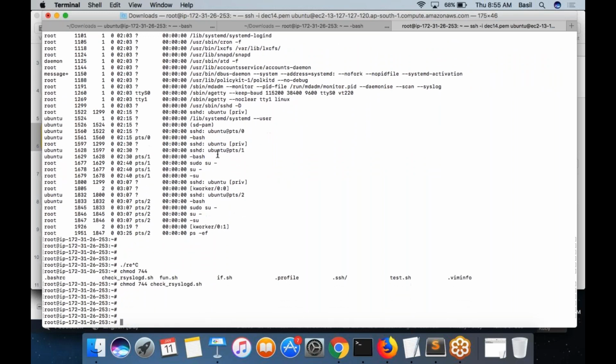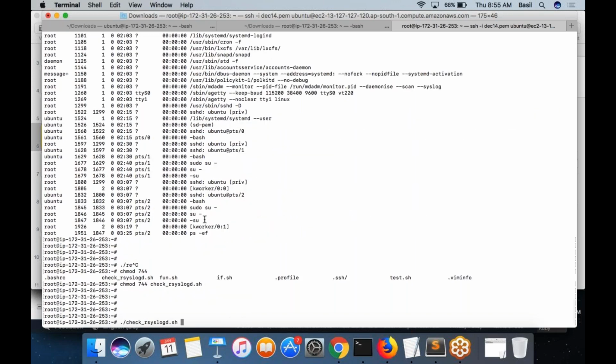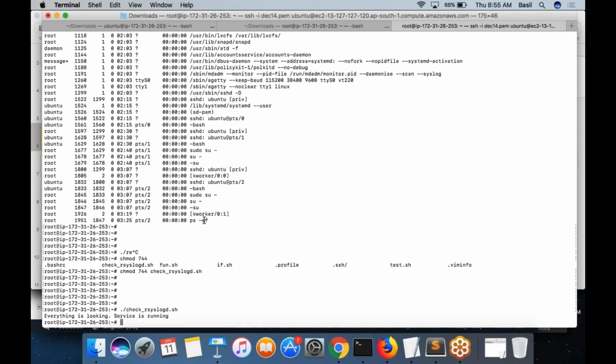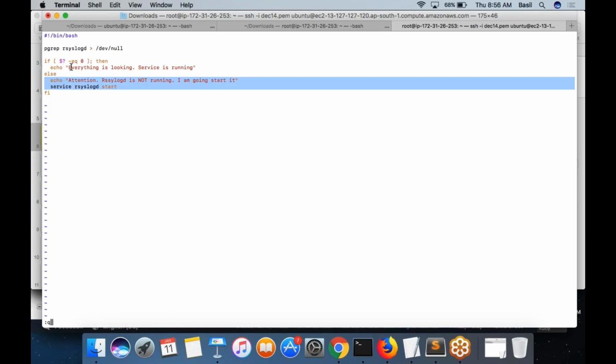Check rcslogd.sh, and now I am going to execute the command check rcslogd. But right now the rcslogd process is stopped in my Linux machine, so you know what this script is going to do. Quite not what you expected, right? Actually, this command will fail, which means $? would become non-zero. Then the else block should get executed, but there is something wrong.